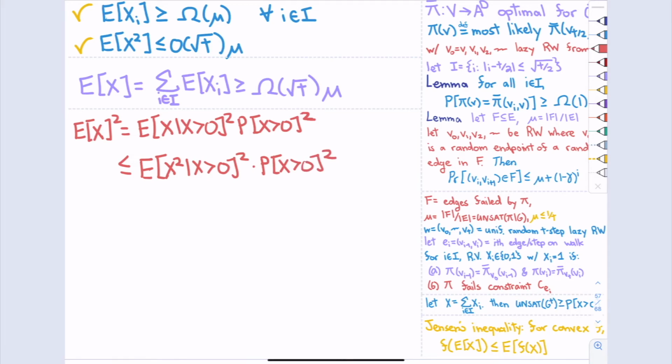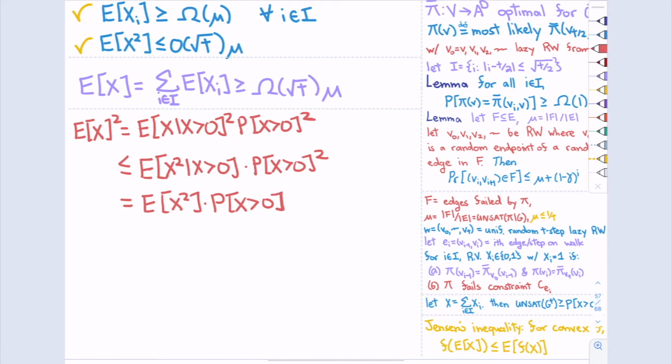And sorry, that shouldn't be there. So now I'm going to put one of these probability of x greater than 0 back in and remove the condition. And I get the expected value of x squared times the probability that x is greater than 0.